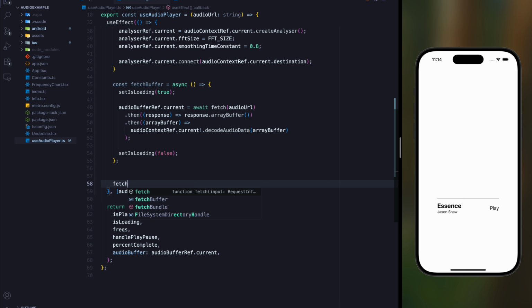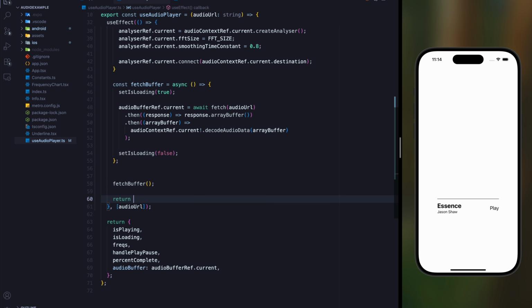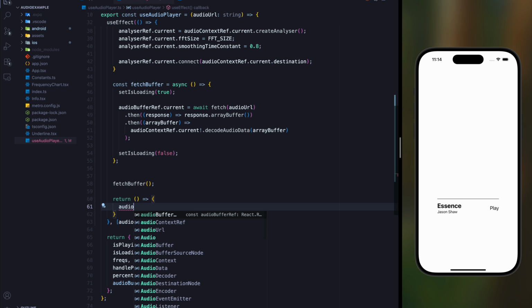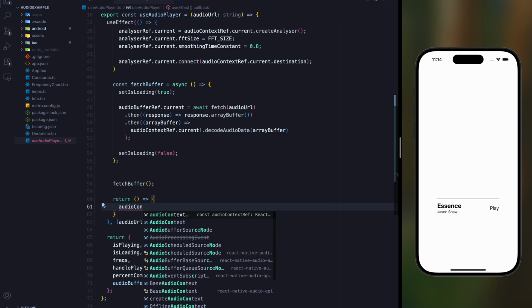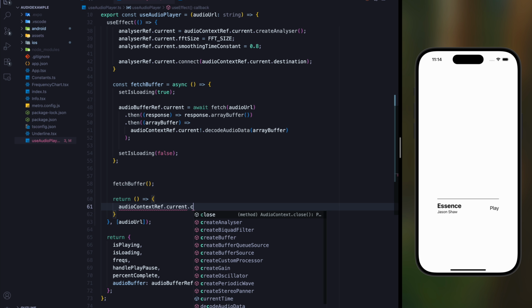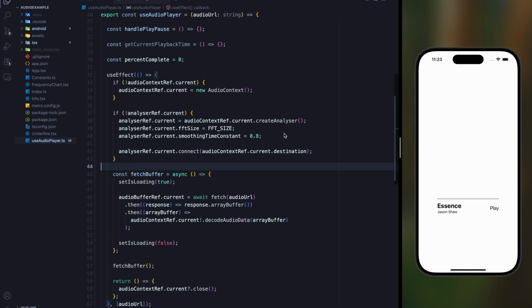I'm going to call fetch buffer so that we actually get the data. And I'm going to finish off by closing off my context ref if the component unmounts. All right, so now that we've loaded in our audio data,